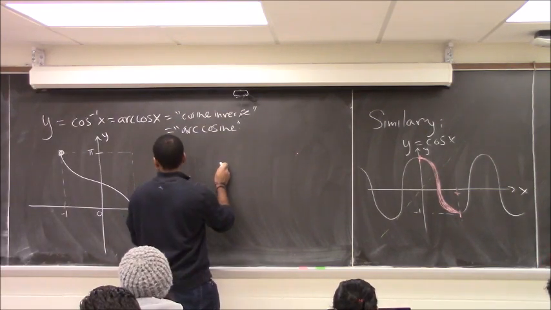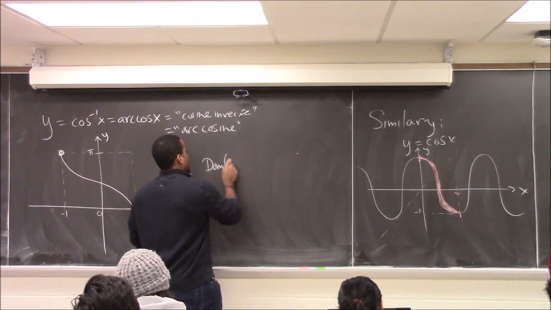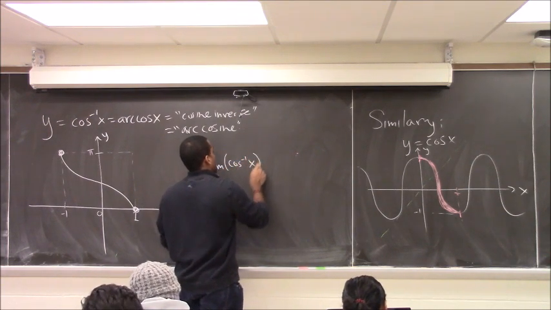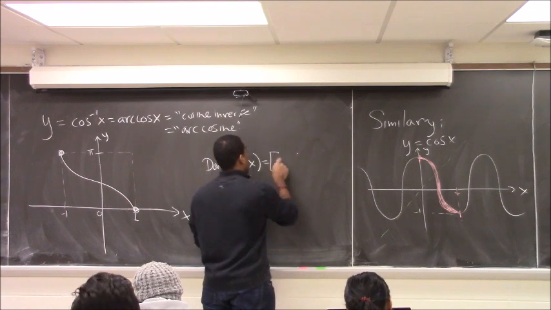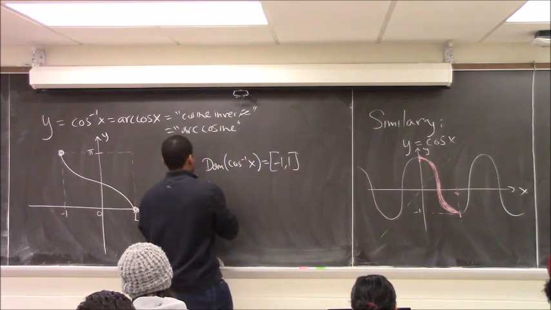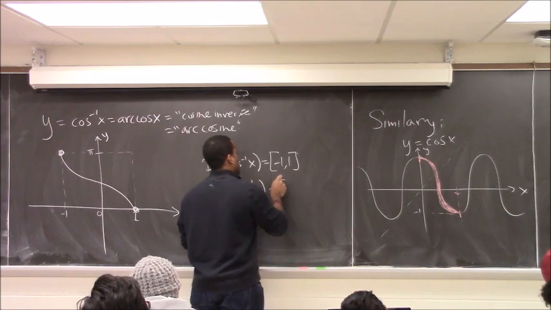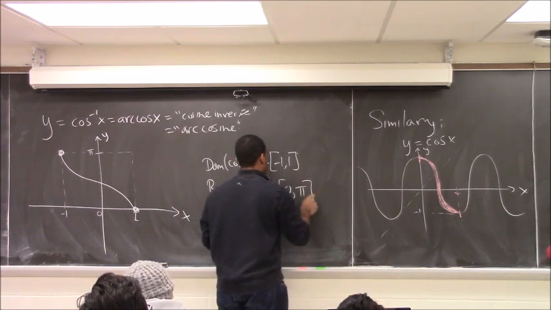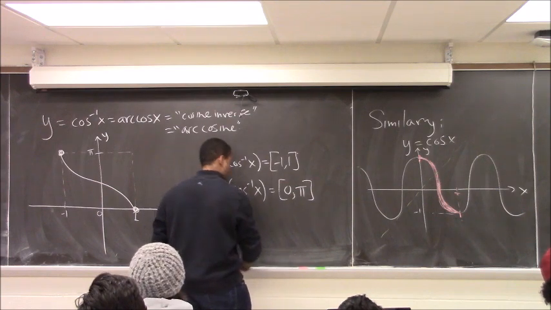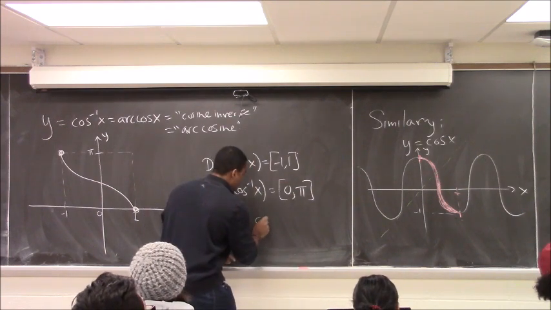Also, we can go on with these values. The domain of the cosine inverse graph, well, again, it's -1 to 1. And the range of the cosine inverse graph is 0 to pi, i.e. cosine inverse always outputs values